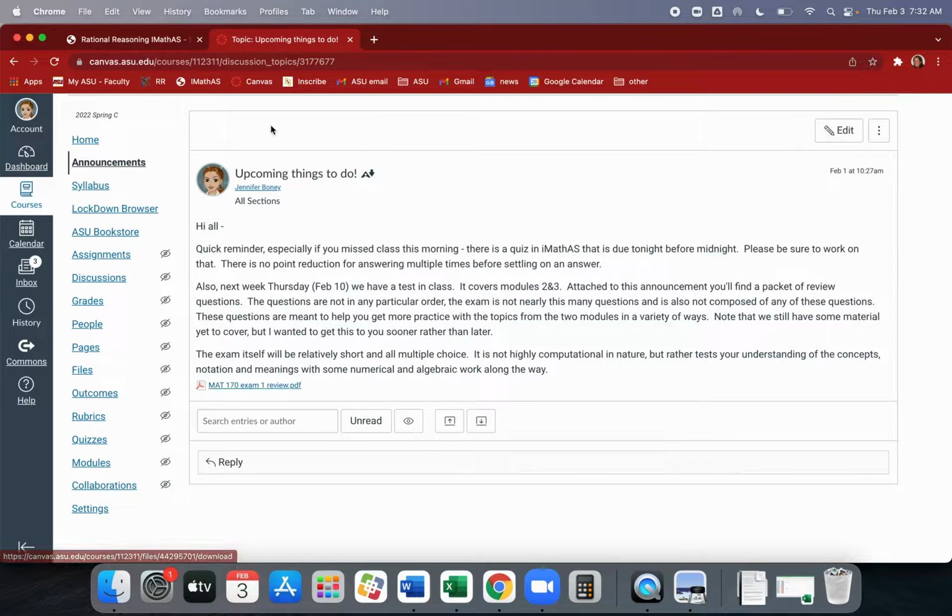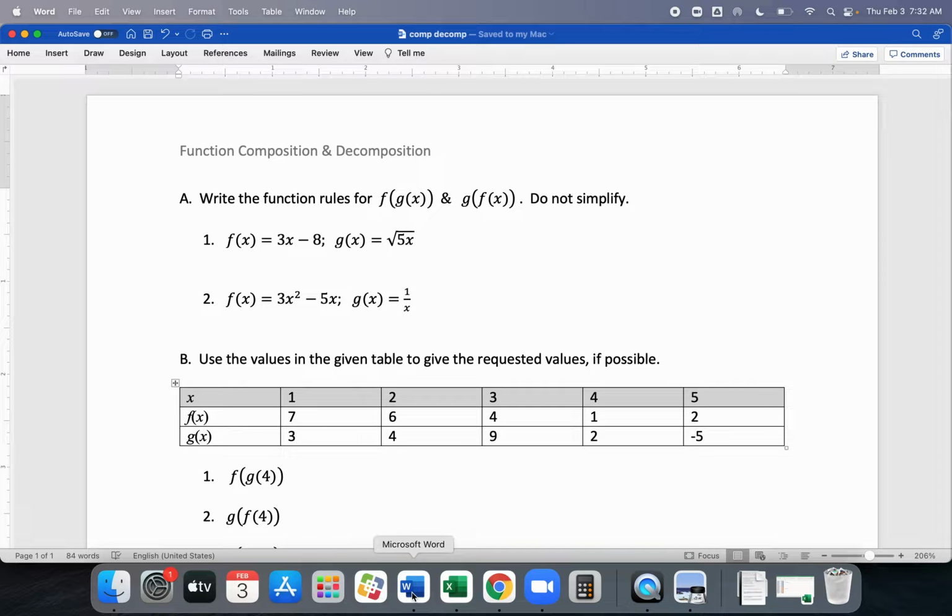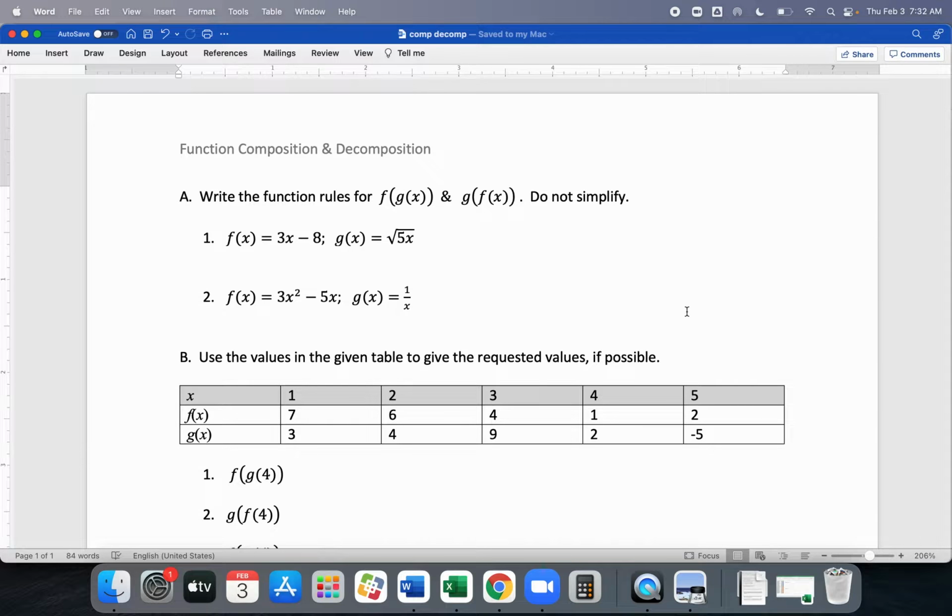So let's see, where is it going to go first? I did post this on here, I just put this up like 20 minutes ago. There's a link here if you want to pull it up on your own device. It says examples used in class Thursday, February 3rd. That's today, so we haven't used them yet. But I'm going to pull them up in this format so I can type on it. What this is, is function composition and decomposition. And we talked about